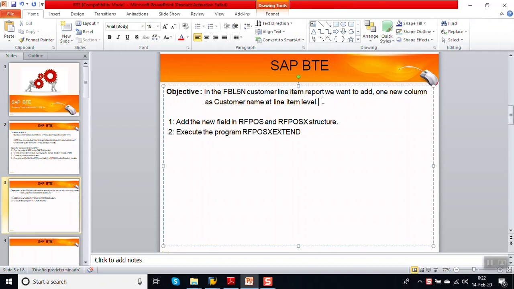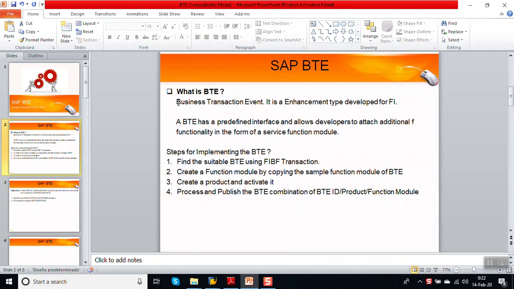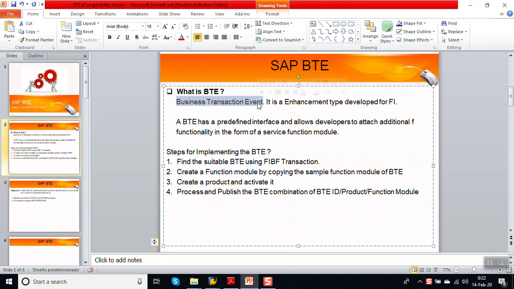Okay, so before starting this, just have a look at what is BTE. A BTE stands for Business Transaction Event, and it is used for the enhancement in FI, that is in the finance module. So for implementing a BTE, the following steps are required. The first point is to find a suitable BTE using transaction code FIBF. Then we have to create a function module by copy of the standard function module, activate it, add the required